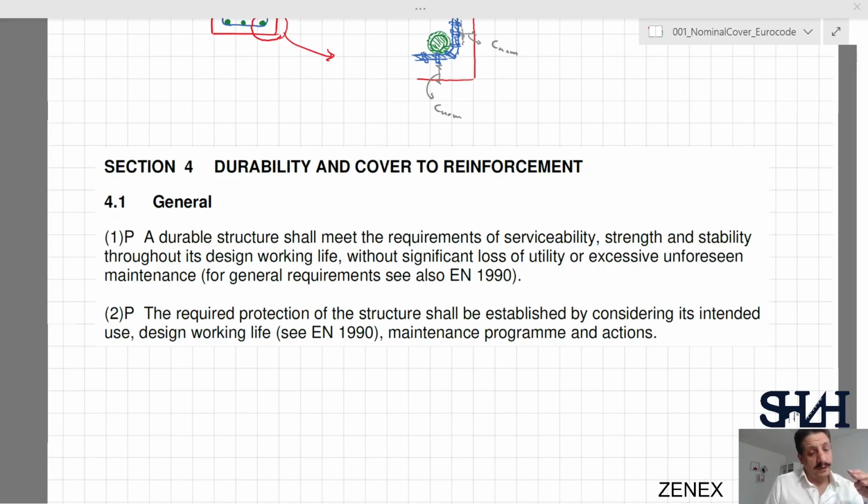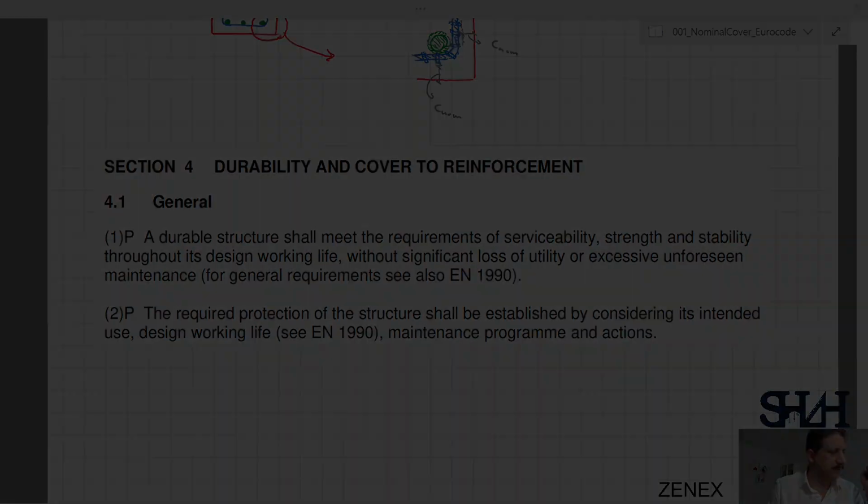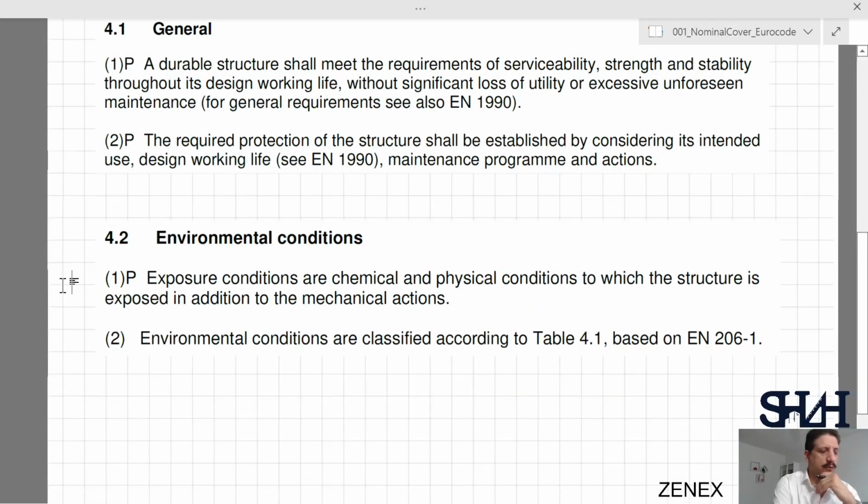There is also another point that we need to consider for nominal cover, to fulfill the criteria for fire safety. Usually for ordinary structures under very standard fire protection, this nominal cover would be sufficient. But in exceptionally demanding projects, perhaps we need to consider also Eurocode 1992-1.2. This is for Eurocode 1992-1.1, general rules for concrete structures. So again, according to Eurocode